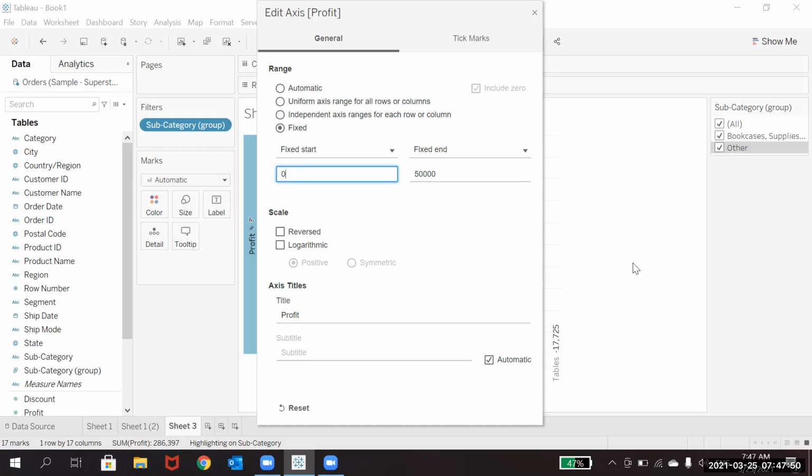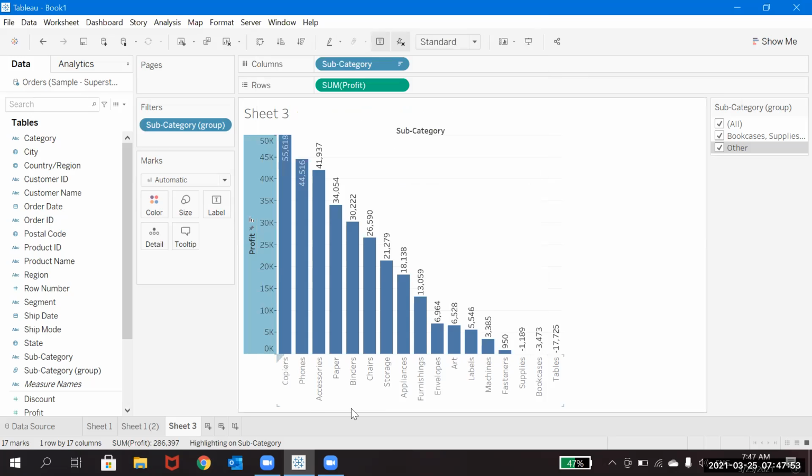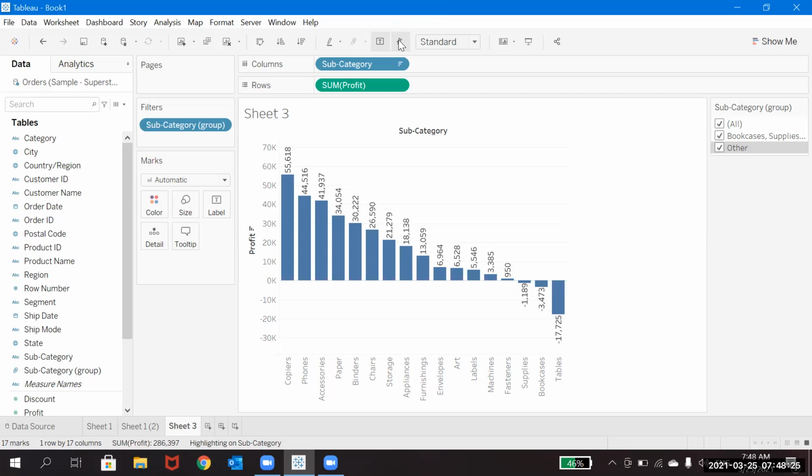So when I'm fixing this, if you observe below, the negative values also came up, because the negative values are not showing up in the below graph. These are also showing like upper values, like positive values. Why? Because the axis was fixed from 0 only, and it was restricted to 50k. Even though the value is more than that, it was just showing on top of it. Okay, so let me remove that fixed axis here, then the actual values will come up.